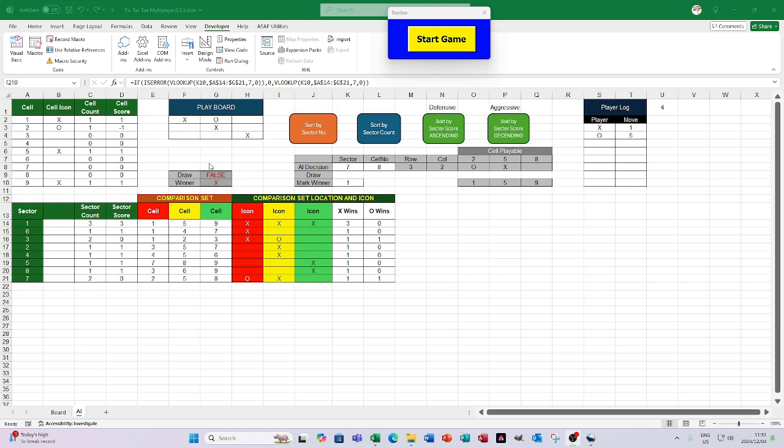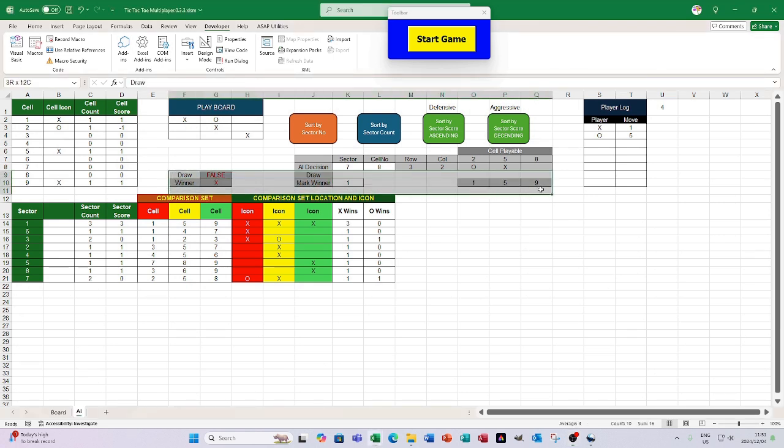So the last section here is just this section here that shows draw or winner. Now the draw is really just going to check whether all 9 fields have been populated, and if it is populated it's going to give a true, and if it's not populated then it's going to give a false. So in a case where we have, I'm just going to populate with just any values there. So the moment that all the fields